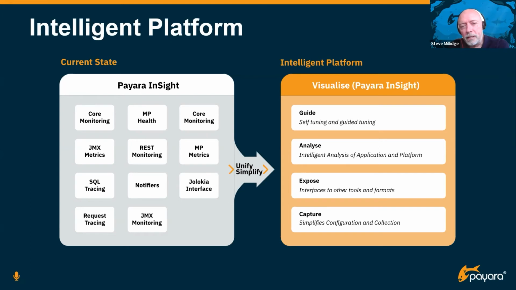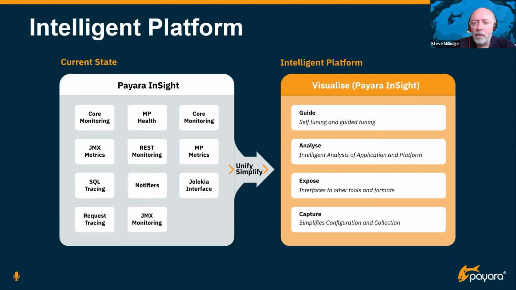Then we need to expose that. We have Payara Insight to visualize, as we'll come to, but also obviously every organization has different tools and needs to expose them into APM tools, into things like Prometheus or Grafana or whatever it is that you need to suck data in. As a developer, you're probably happy to use Payara's visualization, but if you go into an enterprise infrastructure, there may be specific tools that you have to expose data into and you don't get a choice. So exposing that data out to different tools is key.